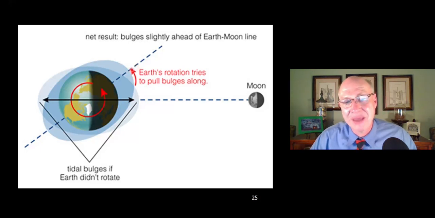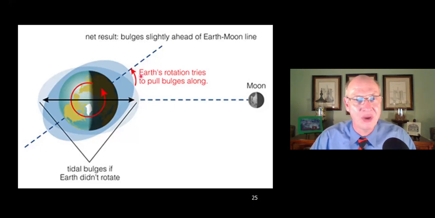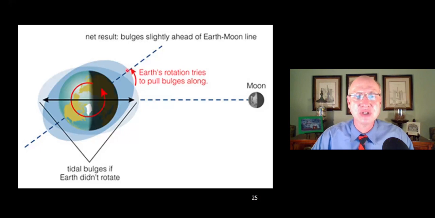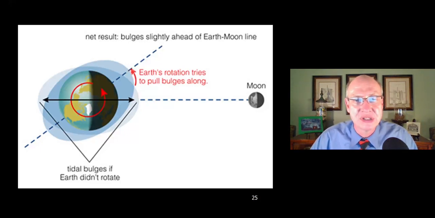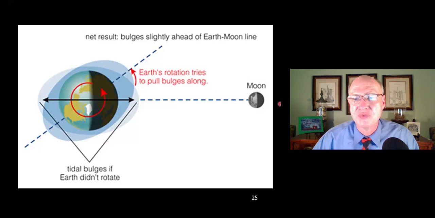Now, here's the thing about that bulge. This figure here is grossly exaggerated. The moon's bulge is barely in front of the moon. It is not nearly this far, but to demonstrate what's going on, they've grossly exaggerated how far this bulge precedes the moon here. But it's important to know that this bulge doesn't sit directly below the moon. The rapid rotation of the Earth carries that bulge out in front of the moon. Because that bulge is in front of the moon, it has two effects. The first one is it is pulling the moon forward in its orbit, and that means it is speeding up